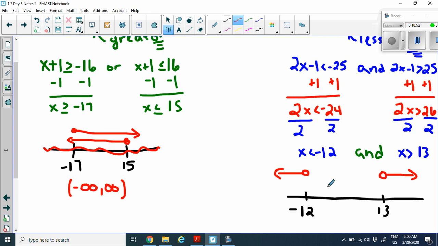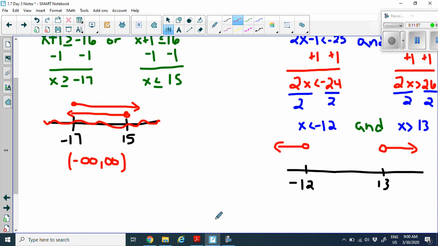So because we cannot find any numbers on the number line that satisfy both of these inequalities, that's what an "and" represents, that it has to satisfy both of these inequalities. So since we don't have any of that, that's why in this case we have no solution. So that means when we have no solution, we do not shade anything on the number line. That's why I put it on top, okay? Because really there are no numbers that satisfy